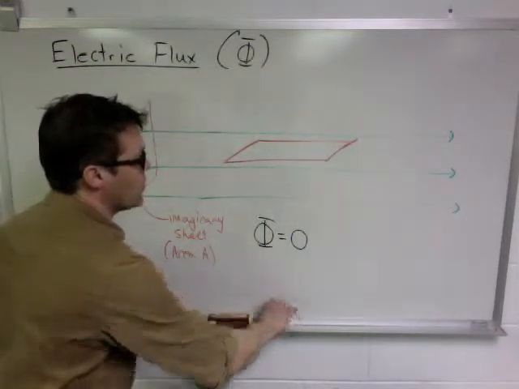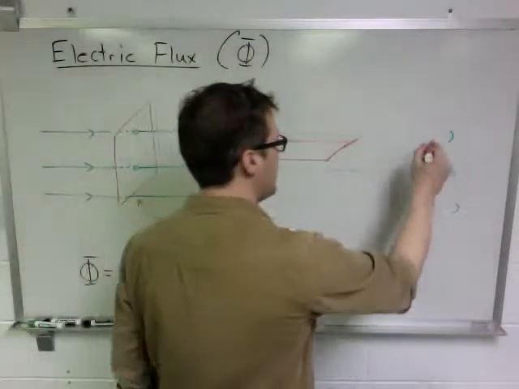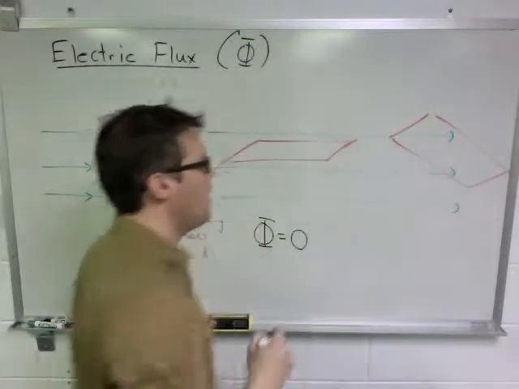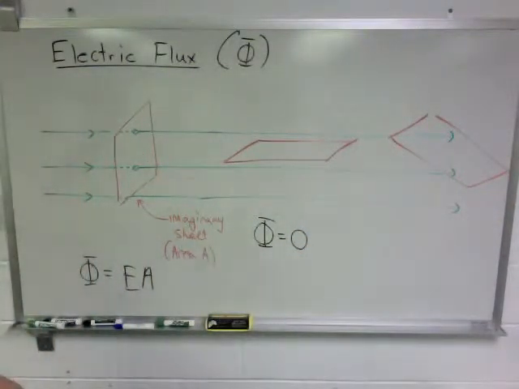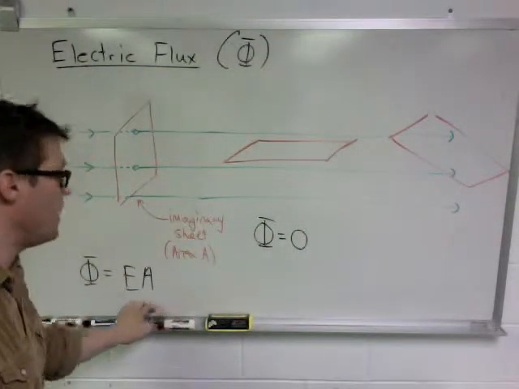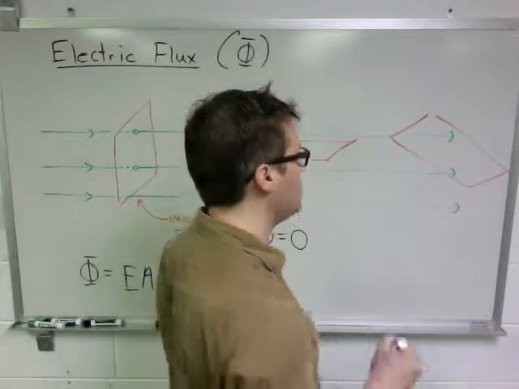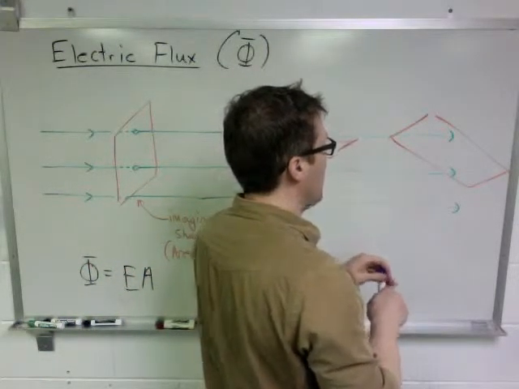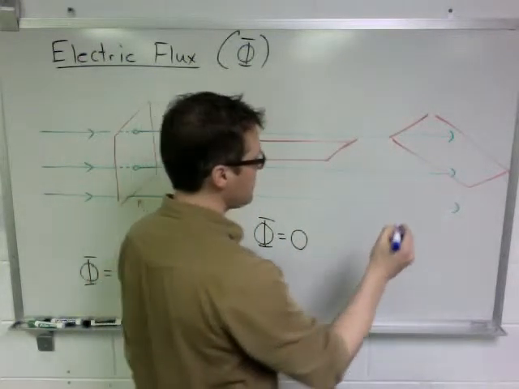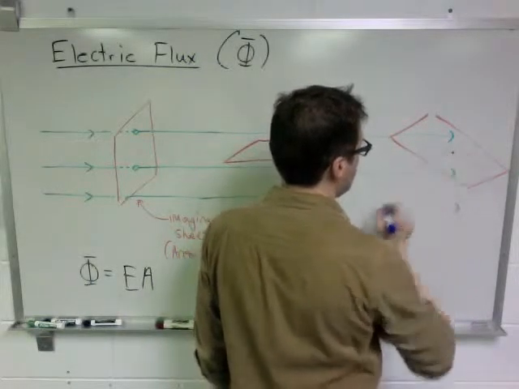And in fact, more generally, if I have an angle that's somewhere in between these two extremes, if I have something more like this, right, then I'm going to have some field lines poking through, but not as many as I did over here. So how much electric field is poking through this surface? Well, to answer that, what I do is I define an angle, which I'm going to call theta. And that angle theta is